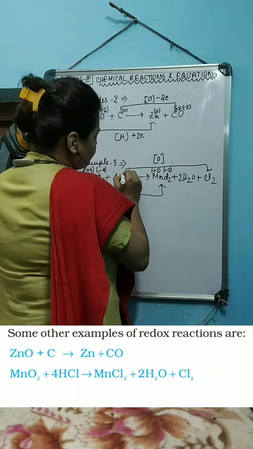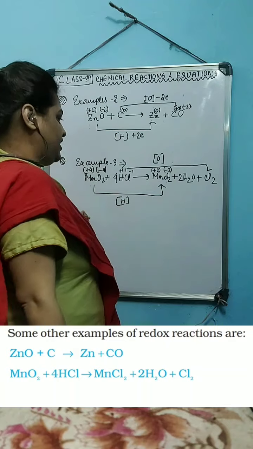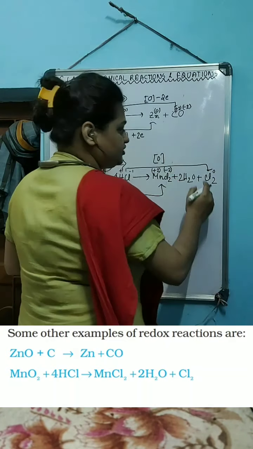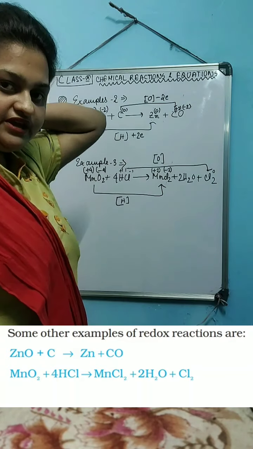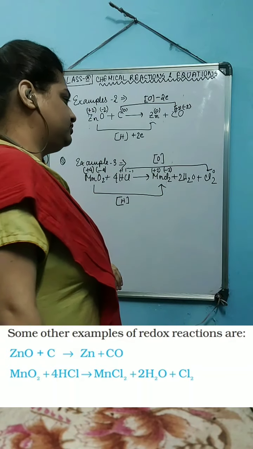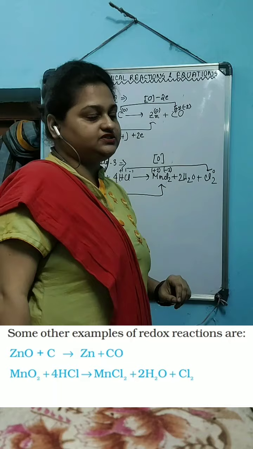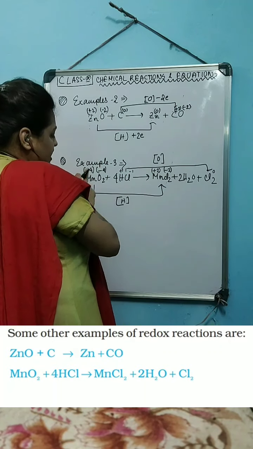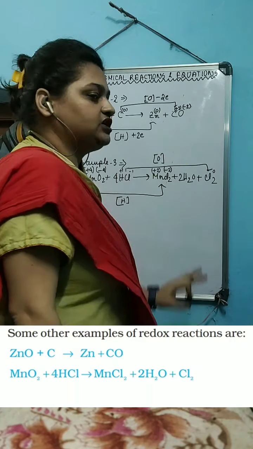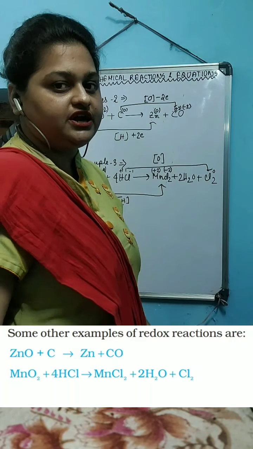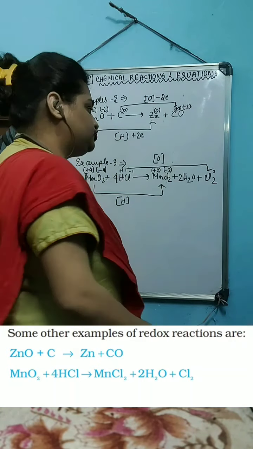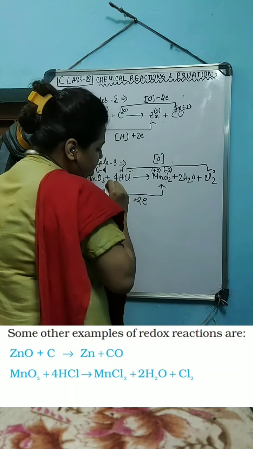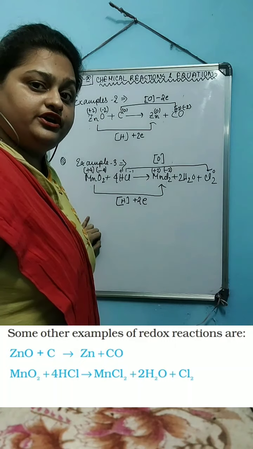In HCl, chlorine should give -1 and hydrogen will give +1. In this one, as Cl2 is neutral, chlorine has a 0 oxidation state. Now if I explain this, Mn has a +4 oxidation state and is transforming to the +2 oxidation state. It must have gained 2 electrons for this transformation. Hence this is a reduction reaction.